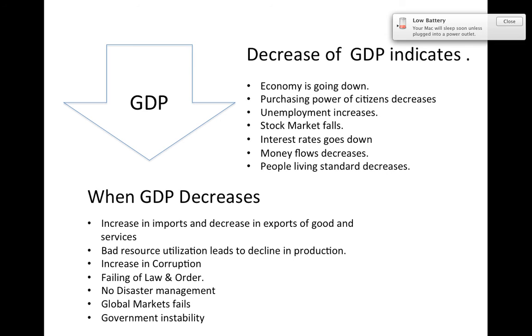Failing of law and order, because if law and order fails, then investments will not come up, or there will be an interruption to productive production, which in turn impacts GDP. And no disaster management. If there is any disaster like cyclone effects or earthquake